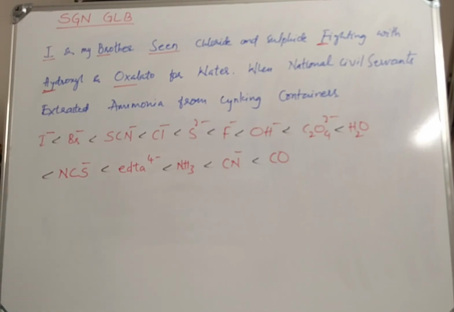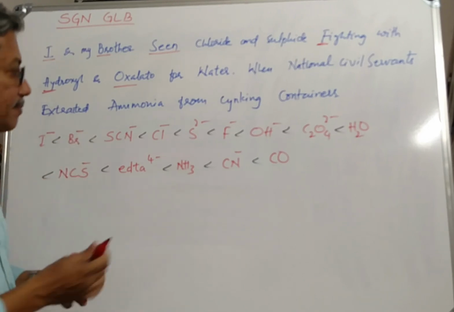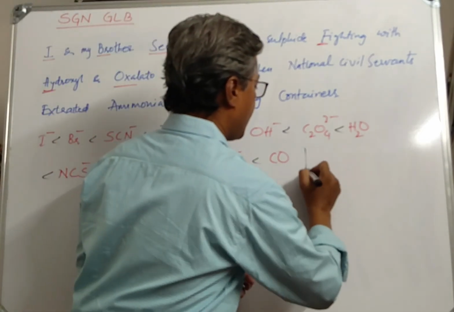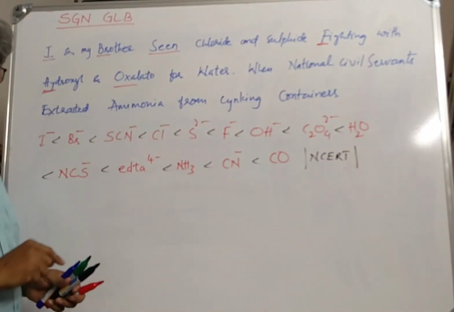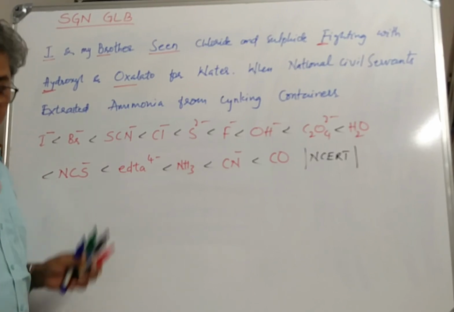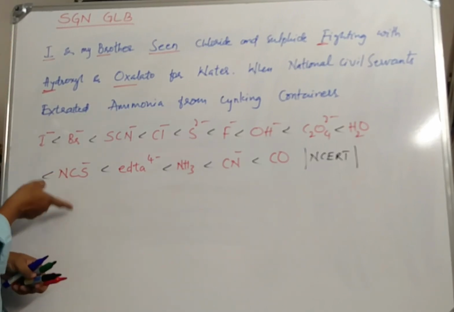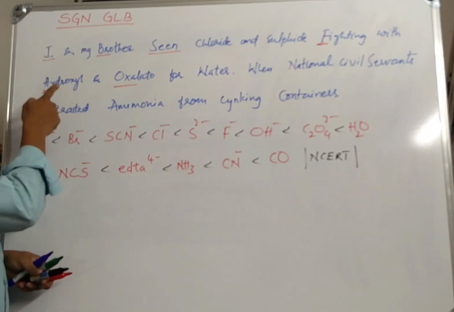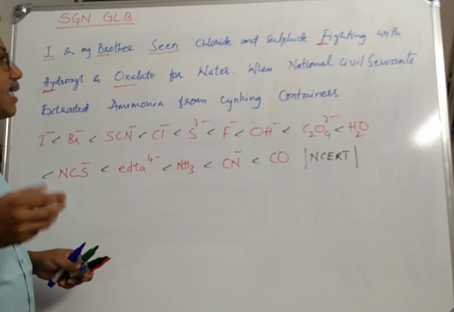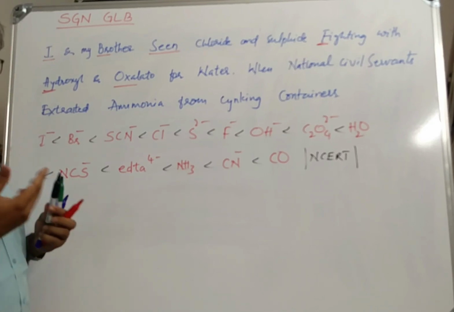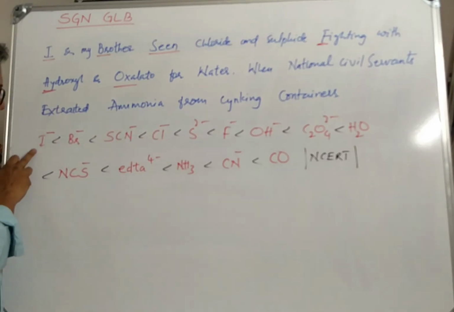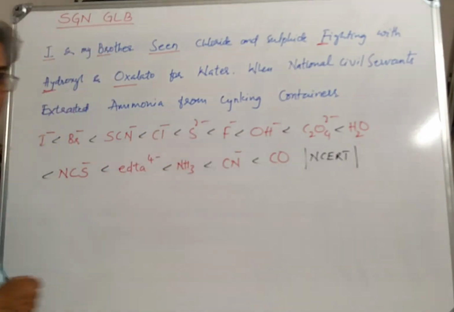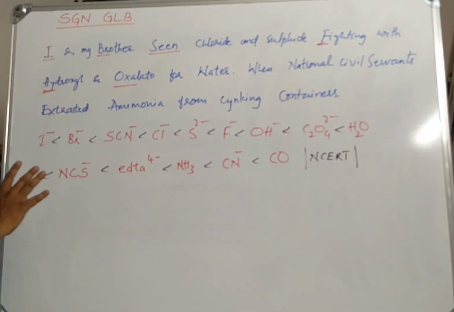Well, this is the order which is given in the NCERT textbook. Only that should matter for us, because we are restricting our discussion to only the NCERT textbook. Therefore, to remember this order, this is the situation created by me. Of course, I feel comfortable. You may create your own so that you can remember this comfortably. The weakest one is iodide and the strongest one is CO. Well, this is the order of ligands.